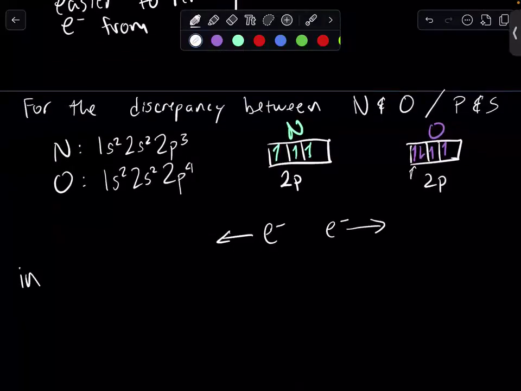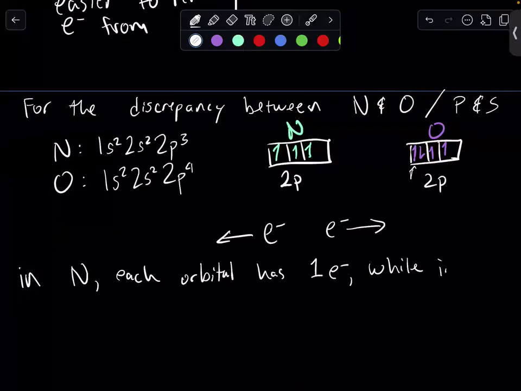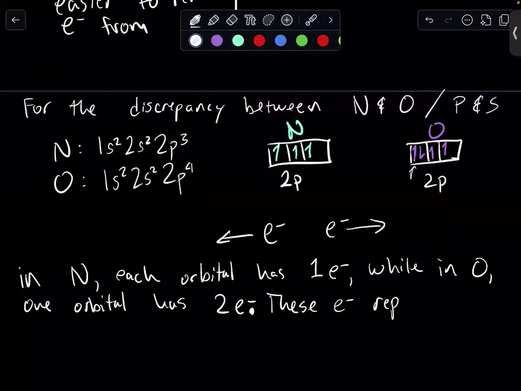So to write that out, in nitrogen, each orbital has one electron, while in oxygen, one orbital has two electrons. These electrons repel each other,